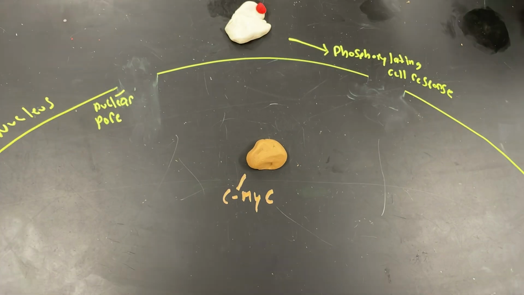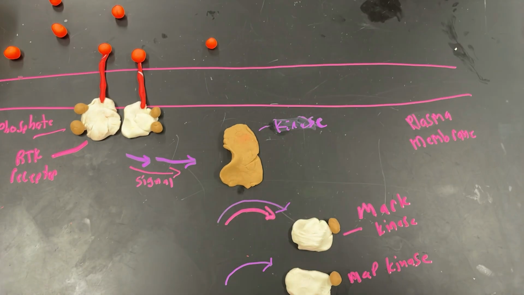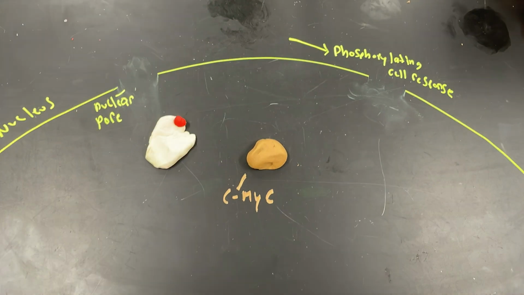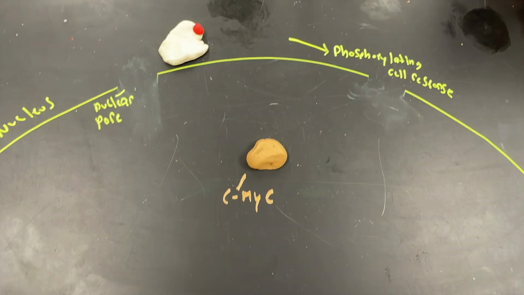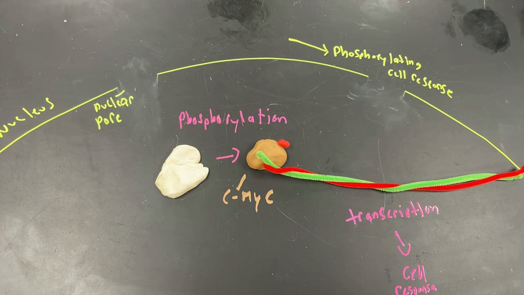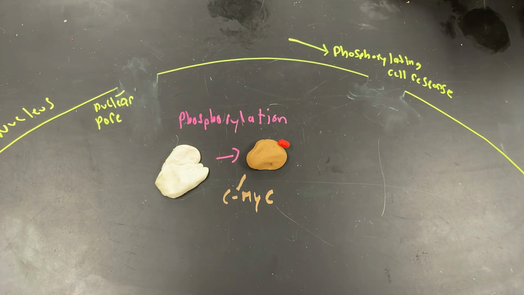Next, we have RTK signaling. A ligand binds to an RTK receptor on the plasma membrane, resulting in the activation of a kinase, resulting in the phosphorylation and activation of more kinases, the last of which will enter the nucleus and cause a cellular response